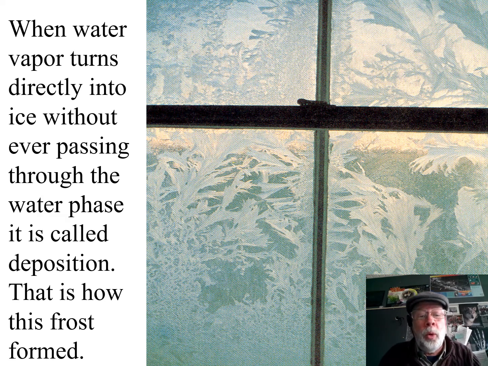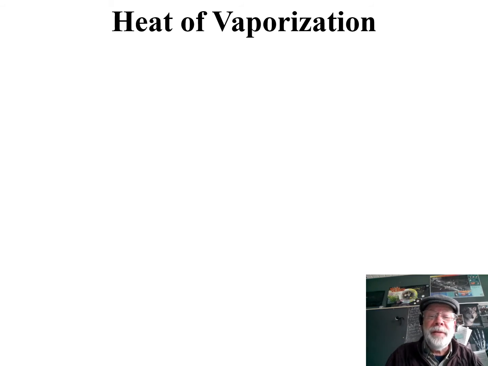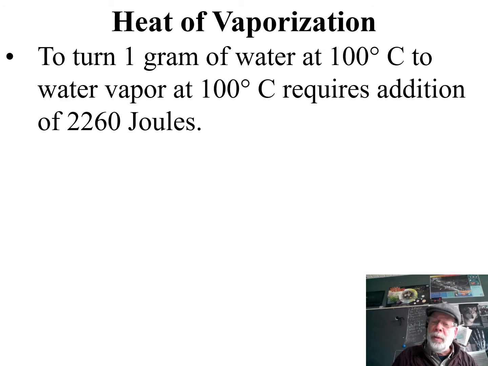I need to either add it to melt the ice or remove it to make the ice. So we do see water vapor sometimes directly turning into ice without ever passing through the water phase. Look at that. Heat of vaporization. If I want to turn 1 gram of water at 100 degrees Celsius into water vapor, also at 100 degrees Celsius, again, no temperature change, I have to add, and look at that number,